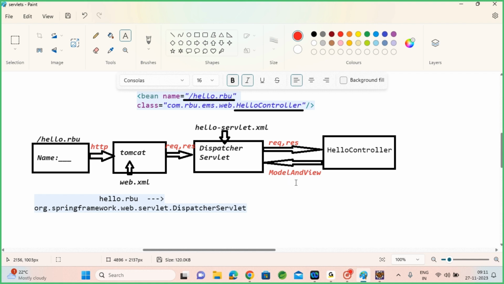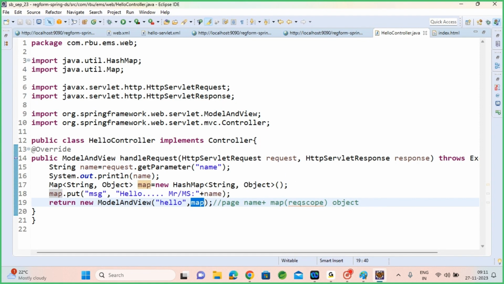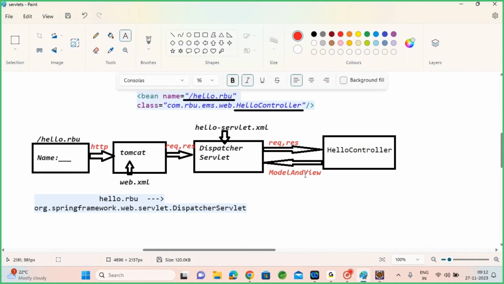Model and view is having only output page name. Hello, no location, no address. If I write a letter to Dikshit just by mentioning his name, it will not reach him because I didn't mention a proper address. His surname, his home number, location, everything I need to mention. So simple hello I mentioned here, nothing else apart from it. So in the model and view I mentioned simple output page name only,